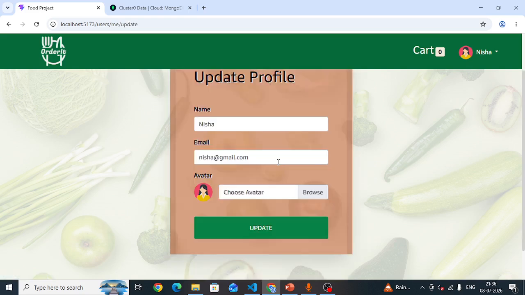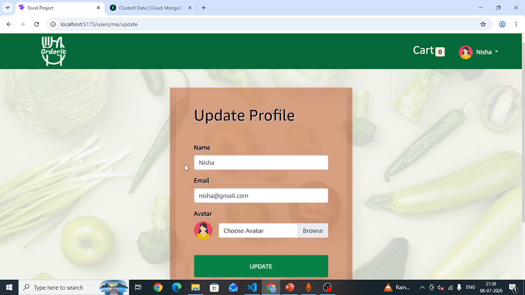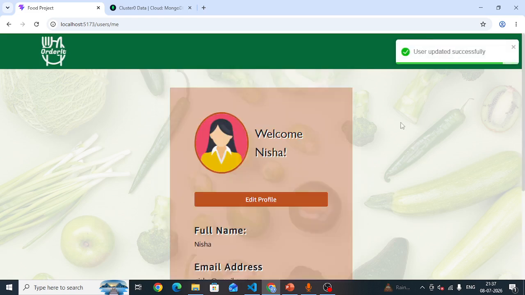Click on edit. So the profile has been updated successfully.